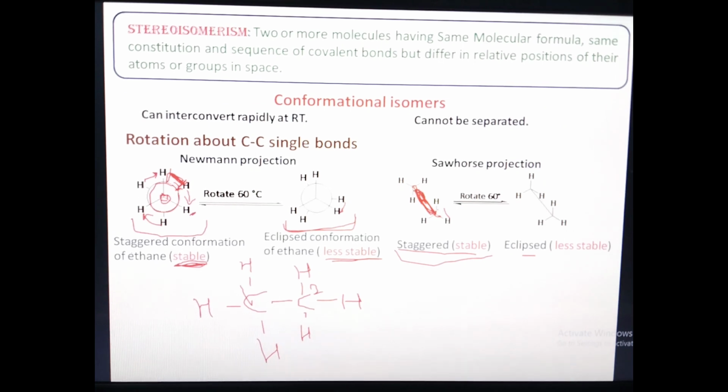You have to hold this, and you have to rotate this about 60 degrees, so that this will come here. See, after rotation, this will come here, and this will come here, and this will come here. This is the eclipsed conformation, and this hydrogen is behind this hydrogen, this hydrogen is behind this hydrogen, and this hydrogen is behind this hydrogen, so the steric hindrance is more in this eclipsed conformation. Hence, this is less stable than the staggered conformation. Okay, let's